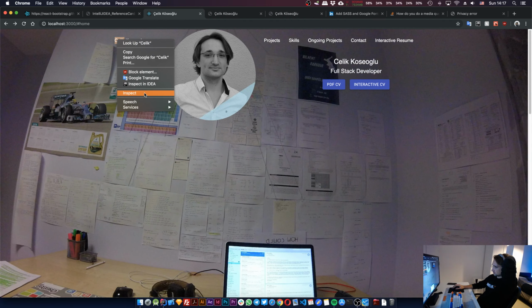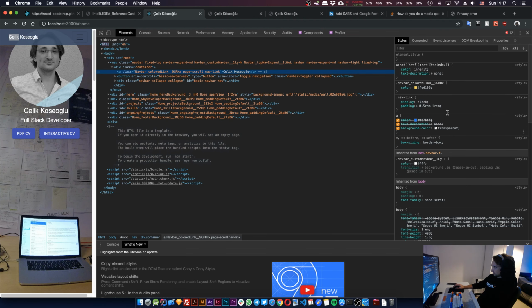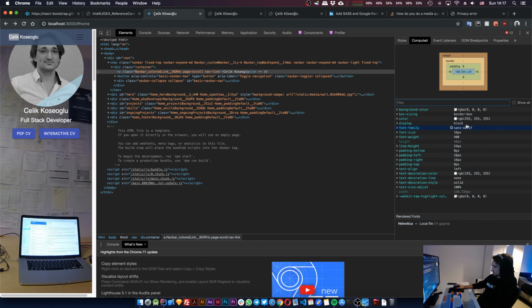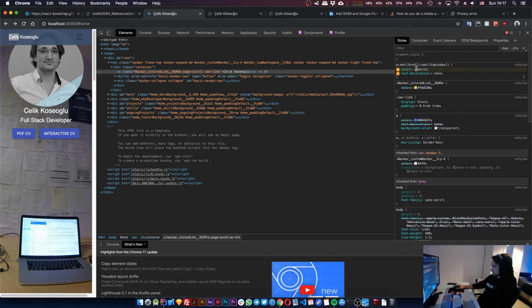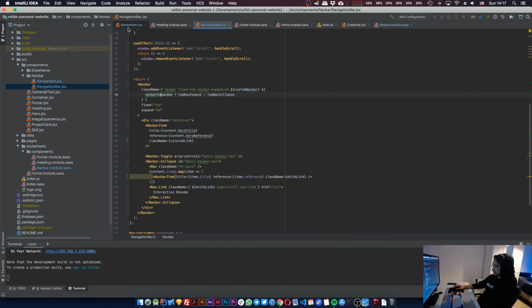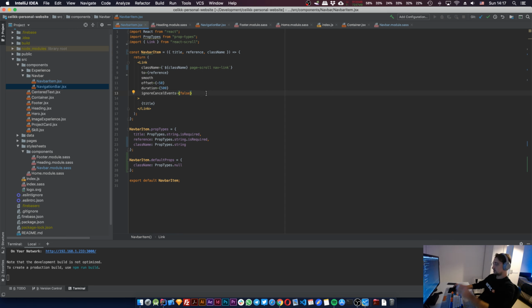Let's see why all of them are still white. So something is overriding this. What's overriding this? Computed RGB color white. Where is this coming from? It's coming from a not href. Okay, so a not href means a without an href. So what we have to do is go back to here and